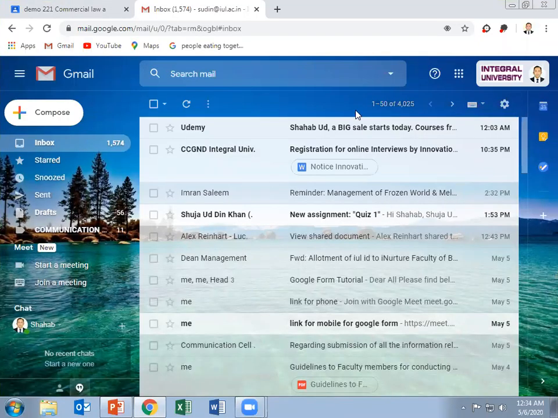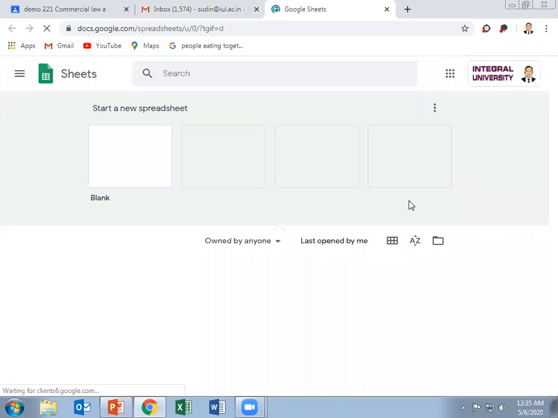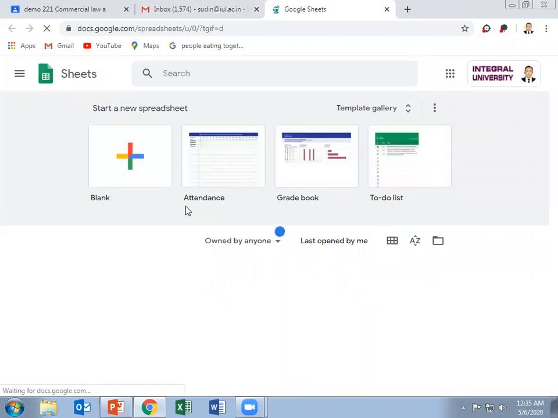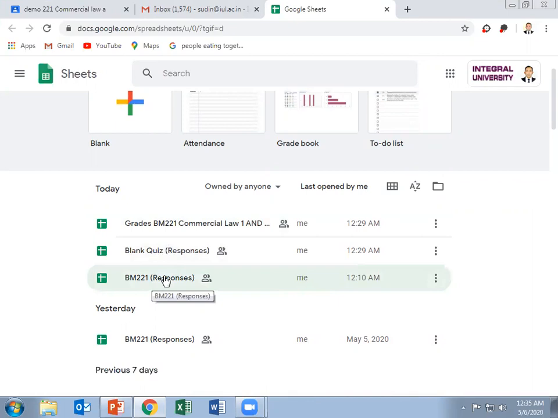For accessing the grades of the students, after finishing our task of evaluation, we go back to our inbox and go to Google Apps. We click on Sheets. Here the sheet which contains the BM221 responses can be seen.